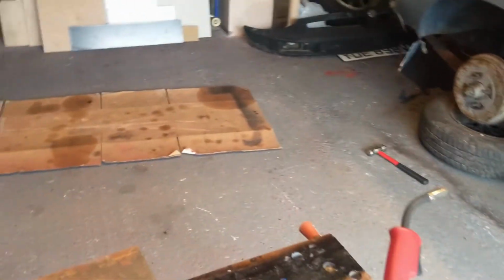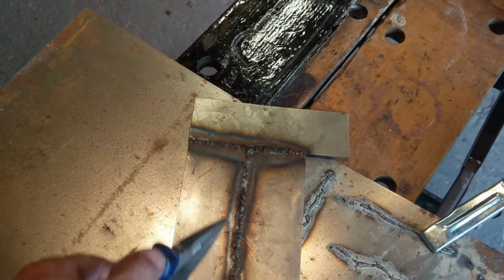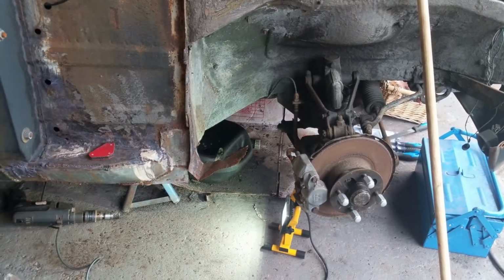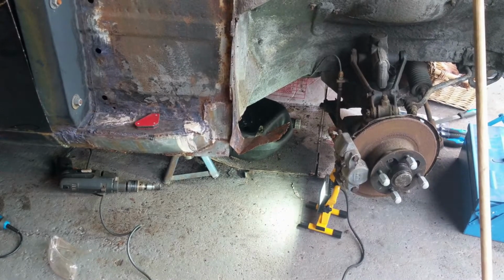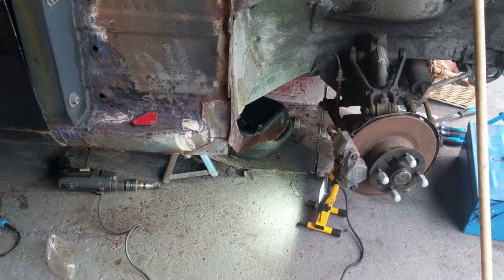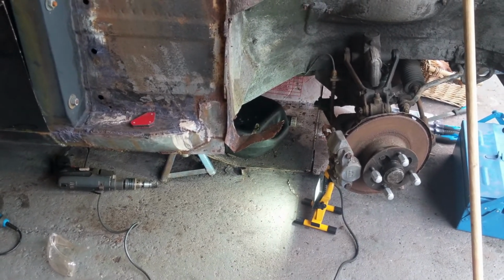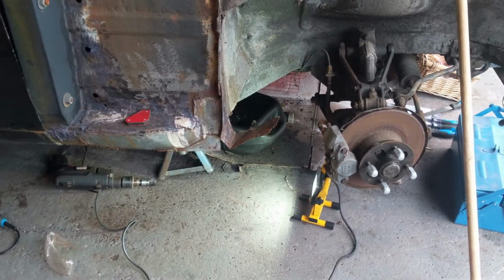I've been making the top end for it because I only have these small bits of metal. This might be quite hot still, so I've made this piece, which will be the flap that we can see there, which is all rust. And once I've done that, then we'll paint it with Hammerite and then undercoat it, and so that should make it relatively secure. So that's the end of this video,